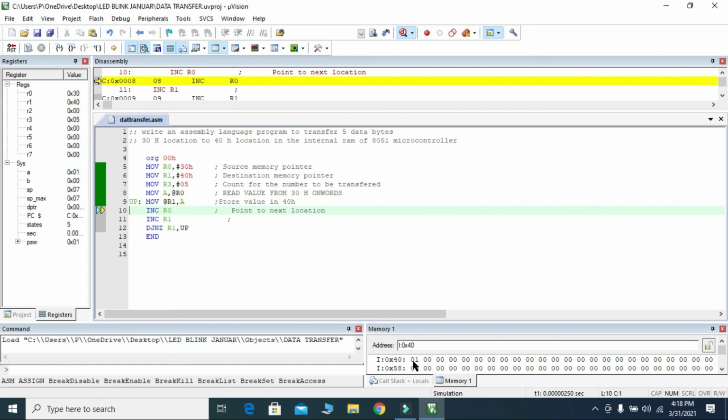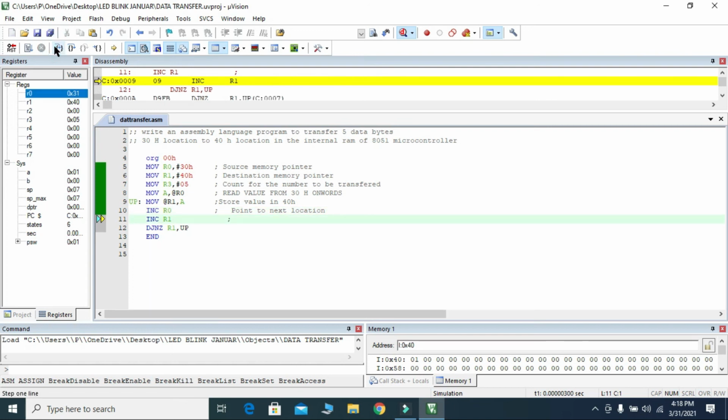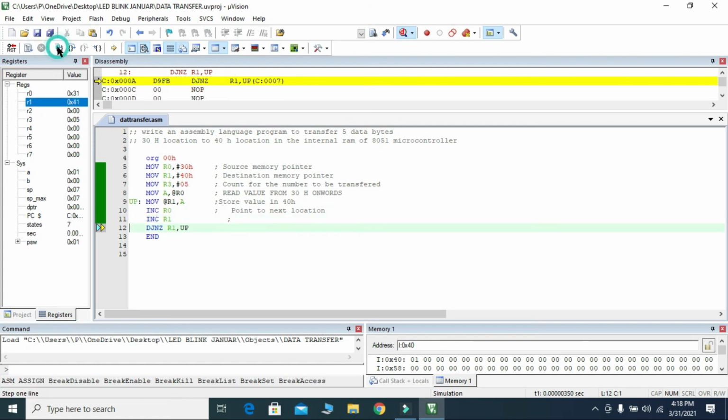Now I need to transfer the next iteration. R0 changes to 31 and R1 changes to 41. This is how the location is incremented by the INC instruction. Now this will run. These instructions are used to transfer the data.